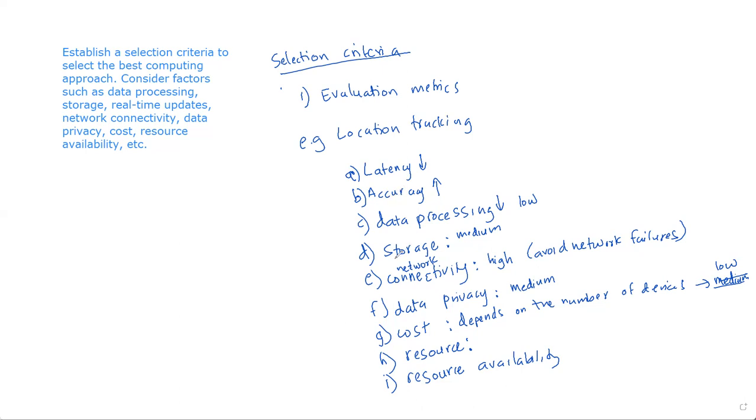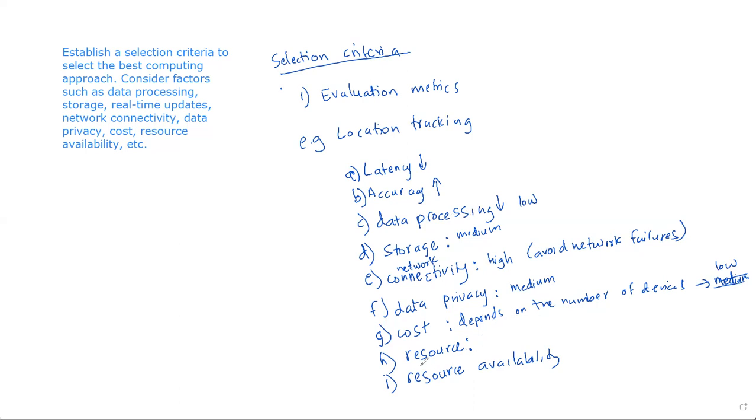The factors like storage, data processing, management, those things must be updated based on the cost that you are willing to invest in this. So if the cost is low, then storage will also be low, and the processing will also be low. Likewise, based on the cost, you will have to compromise the other performance of the system. So then